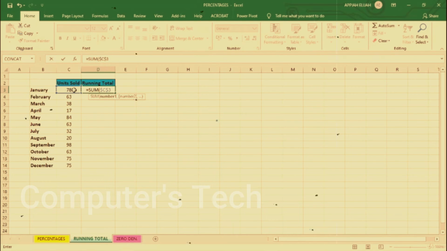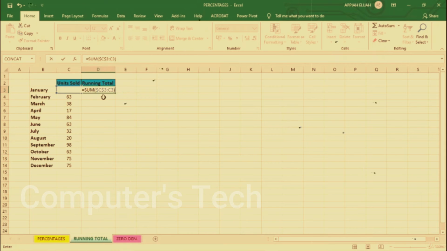And what we want to do is that it is going to be a range. So we specify a colon after the absolute reference, and then now enter our C3, and then we close. So what is going to happen is that this is an absolute reference. It does not change throughout the formula when you paste it here. But this one will keep on changing because this is a relative reference. So in the next cell, it is going to be the same formula, and this one will not change, but it's going to be up to C4. So it is more or less like you are going to sum 78 plus C4,